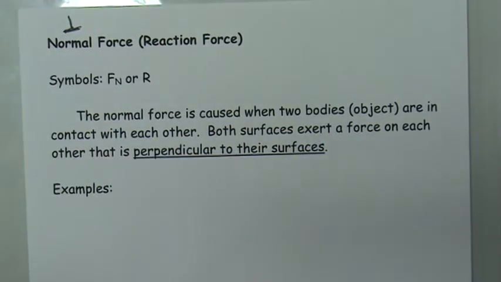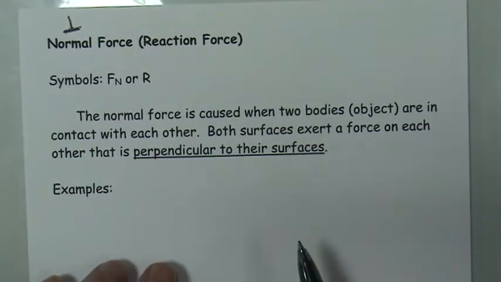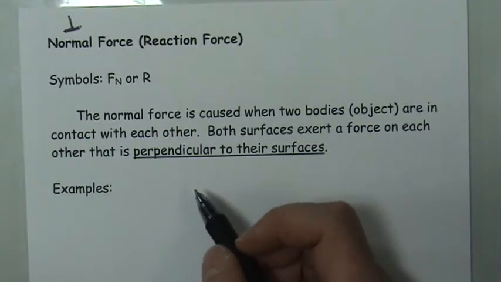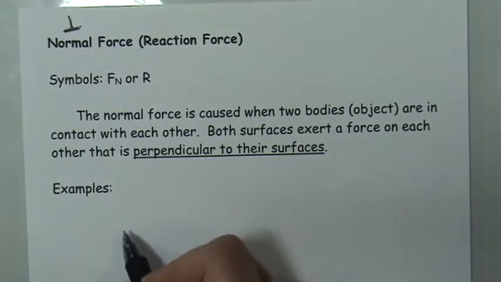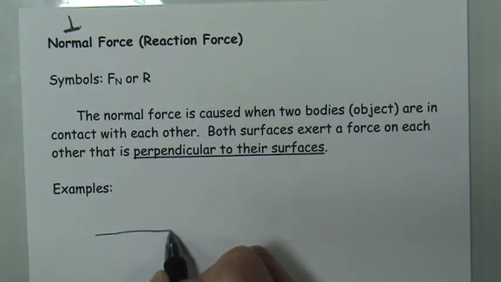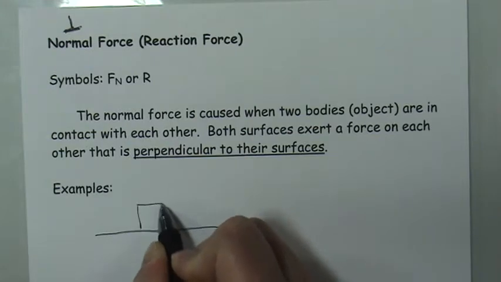The normal force is reserved specifically when we have two solid objects. So if you had a cup of water and you thought about the force at the bottom of the cup, between the water and the cup itself, we would not refer to that generally as a normal force. The normal force is when two solid objects are being exerted against each other. So just to give you some different examples of how the normal force would look, if we take a very simple situation like a box resting on